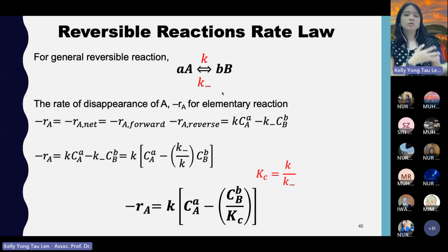So for those yang baru tutorial tadi, I think you can clearly understand, remember, rate law ni ada dua jenis kan, elementary, non-elementary. So kalau non-elementary, the rate law will be given to you. So let's say sebab rate law dia, reaction order dia dah tak follow the stoichiometric coefficient. So the information has to be given. Kalau elementary,